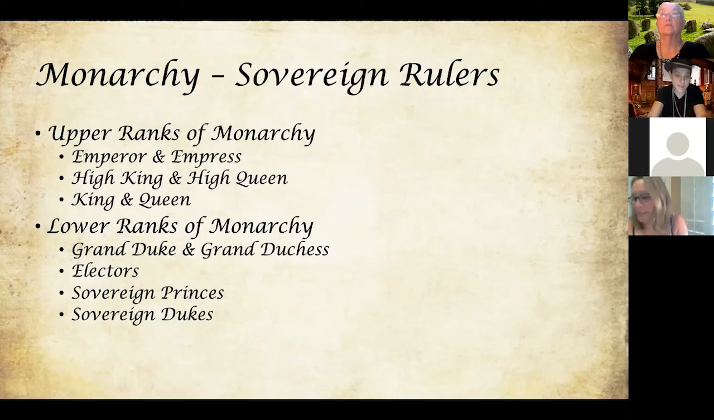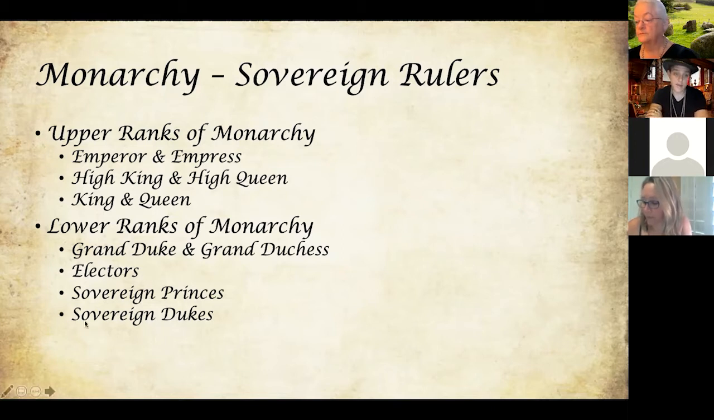retain their independent sovereignty. In addition, the members of each of these four ranks and all of their families were universally seen as free to marry anyone holding the titles of the upper ranks of monarchy. So they were seen as free to intermarry, where the lower ranks of nobility were never allowed to do so without special permissions. And so they would be considered monarchs in their own right. And in increasing order, we have the sovereign dukes, the sovereign princes, the electors, and the grand dukes and the grand duchesses. Electors, unlike the other titles, are essentially the handful of princes and dukes who have the ability to